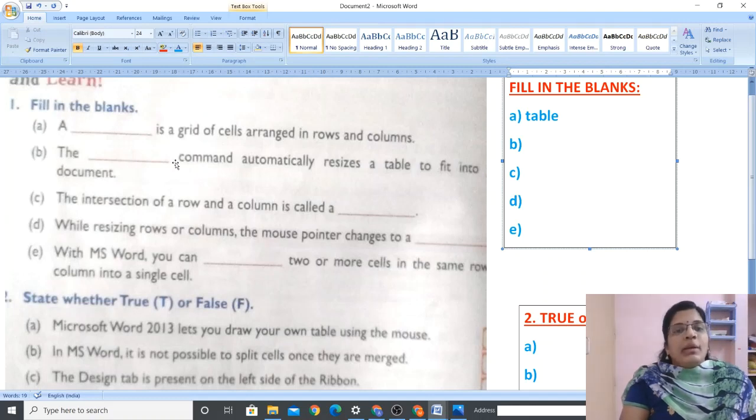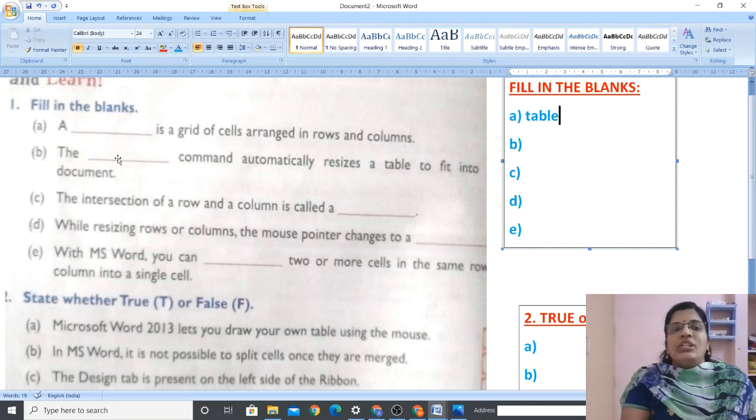Question number 2. The dash command automatically resizes a table to fit into the document. So it automatically fits into the document. The clue word is automatically. It's fitting. So what should be the answer? Yes, it's called the AutoFit option.